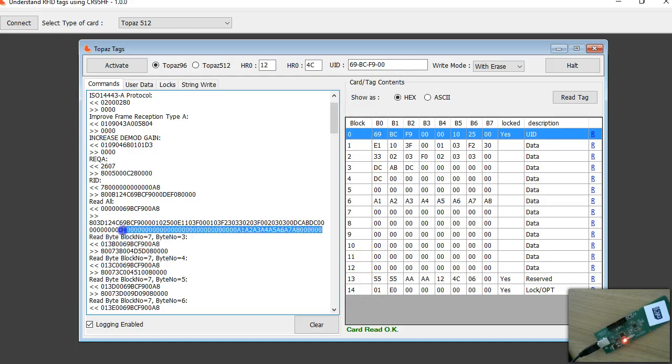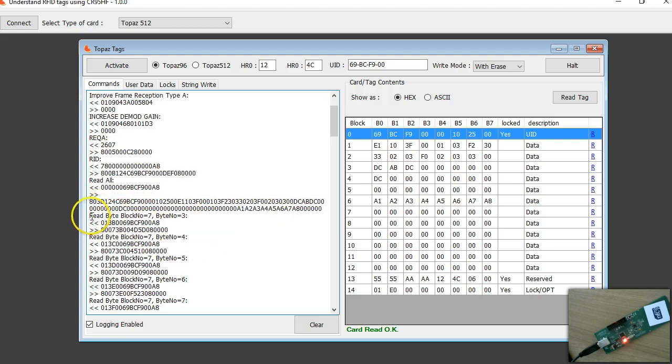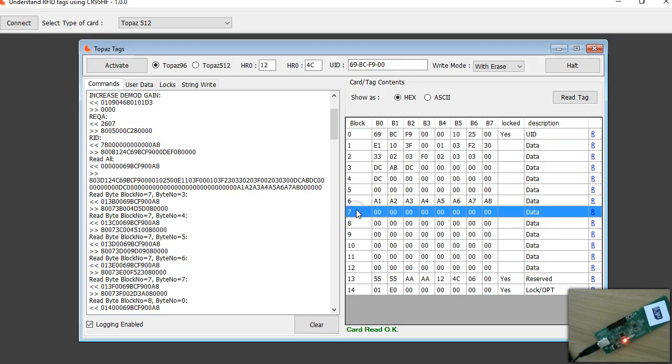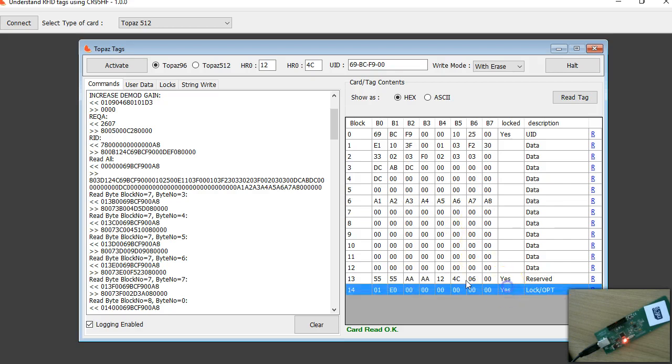I have just taken the 59 bytes here. So look at it, out of this 61, the first 2 bytes are just not used, it's not data at all. So I've got these 59 bytes. After that I have started using the read byte command. So I've been reading from block 7 and byte 3 onwards, everything from this point to this end,